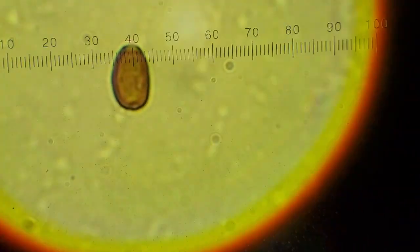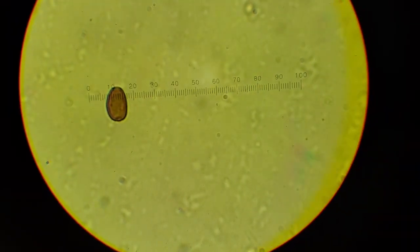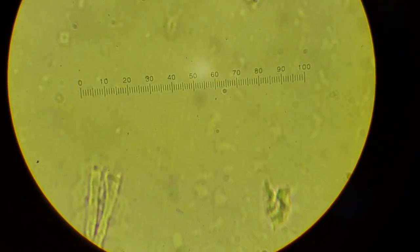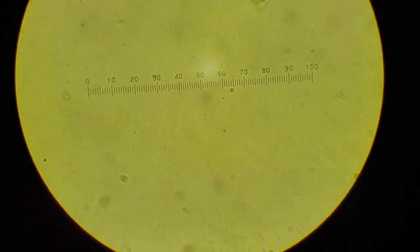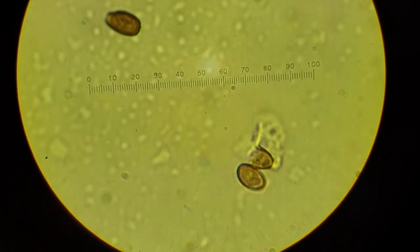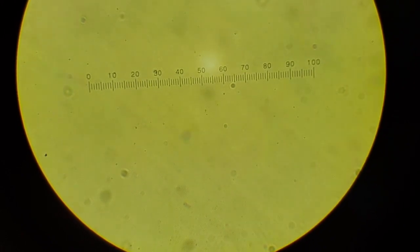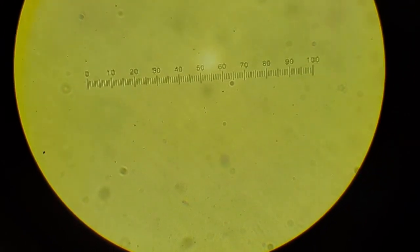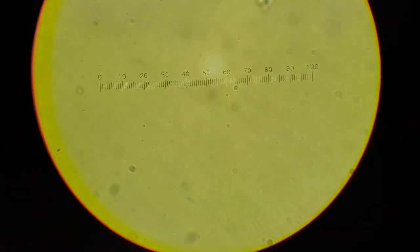Now one of the things that I wanted to do is show you what not to measure. So when you're measuring, let me zoom out a little bit. One of the things that I did was I went away from the gill piece that I placed, because what I wanted to find was free floating spores. What I did not want to do was go directly